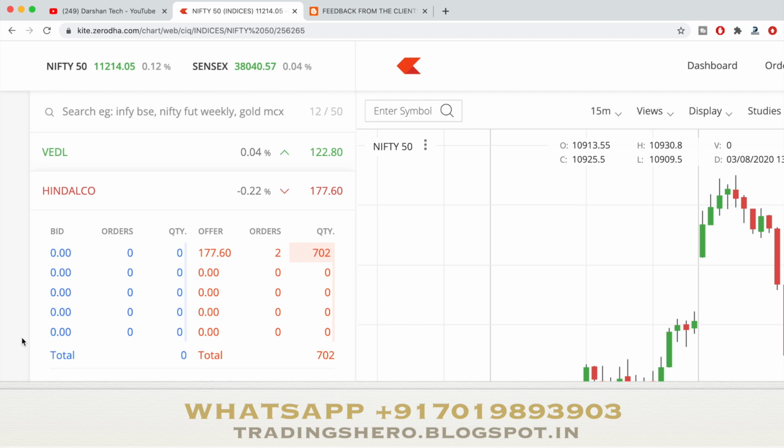And whatever trades you take, make sure you follow discipline. Following discipline in intraday trading is very important. You should always keep your target and stop loss. Maintain a good risk reward ratio, that is a 1:2 risk reward ratio. If you maintain a good risk reward ratio and follow all these disciplines in intraday trading, then only can you make a good amount of profit.